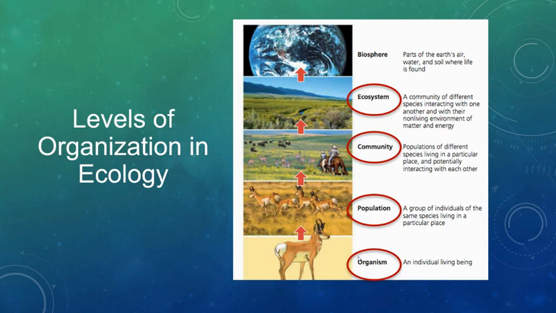One of the major differences between a community and an ecosystem is that ecosystems involve the living parts of the environment interacting with the non-living parts. So this is first where you have both the biotic and abiotic. And then if you take all the parts of the earth where life is found, that is the biosphere. Whether it's in the air, the water, or the soil, all of that's included as long as there's life there.